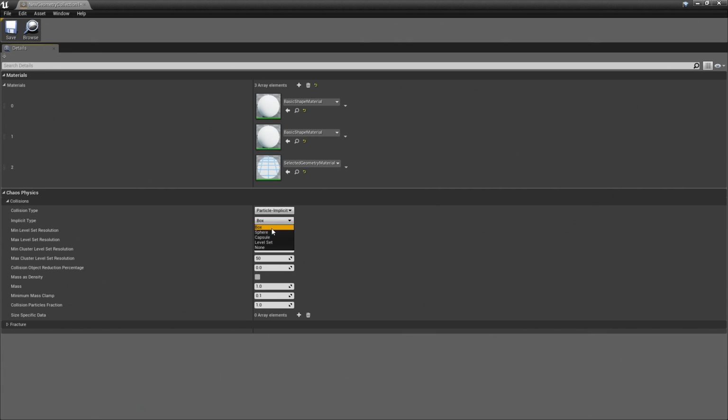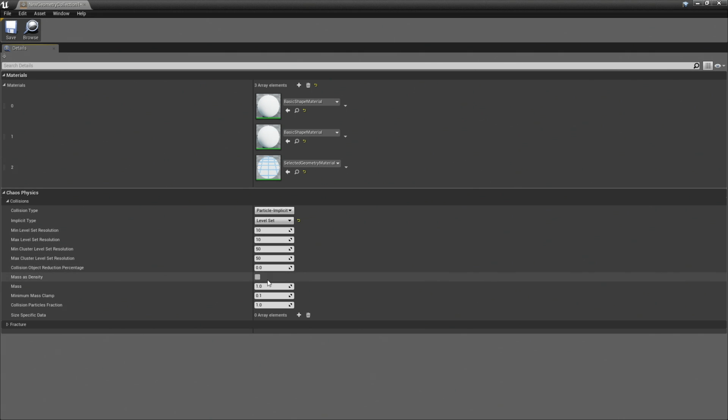So when we actually fracture this object and we make chunks out of it, there are a few different methods for determining how those things collide in the world. And I'm going to change this to level set. And basically what that does is voxelize each chunk and improve the resolution of the collision. And we can dial that up and down with these parameters here. So if you're finding that your game is running a little slow, you've tried some other performance enhancements, this is one way that you can kind of gate that.